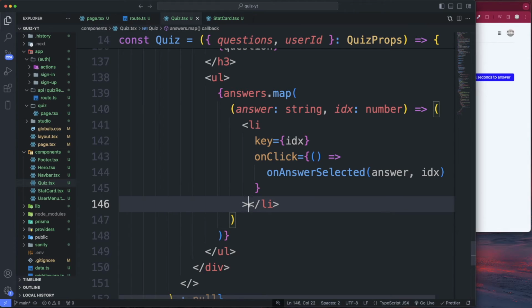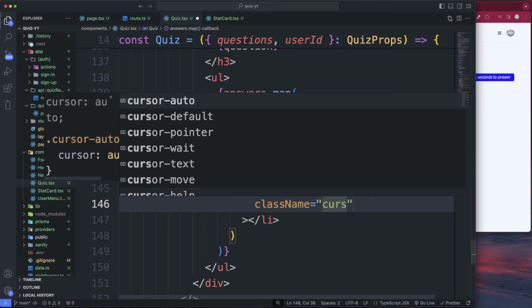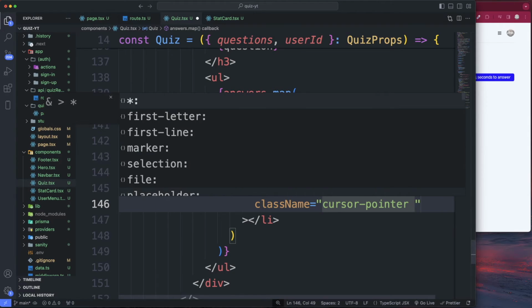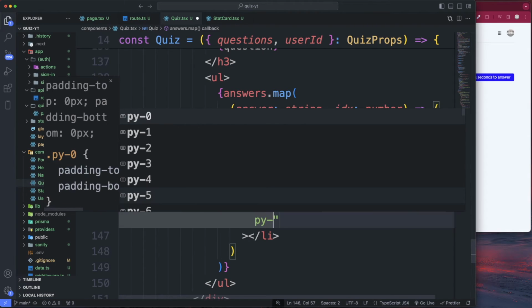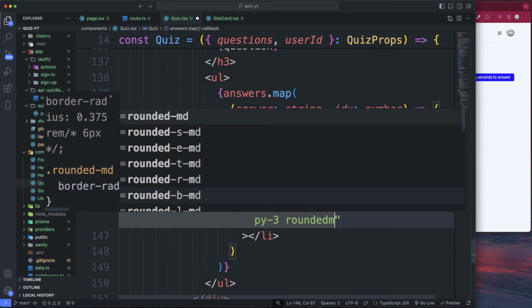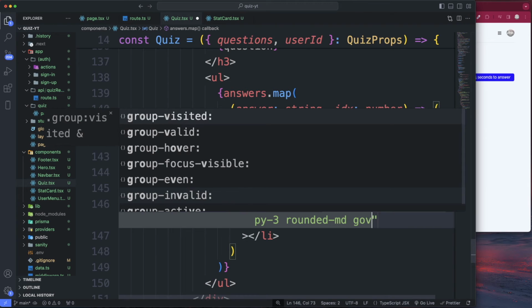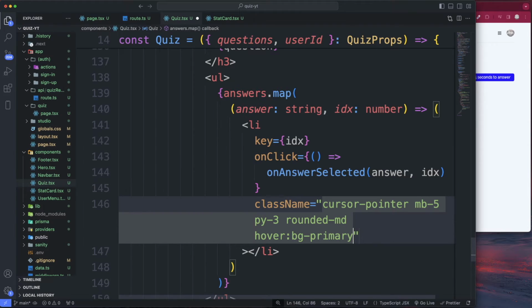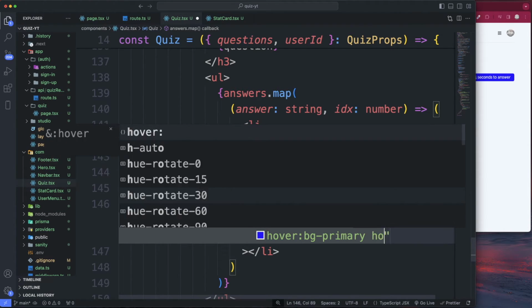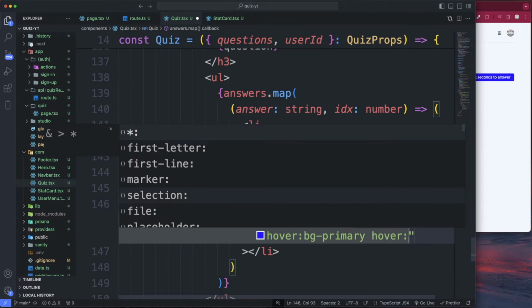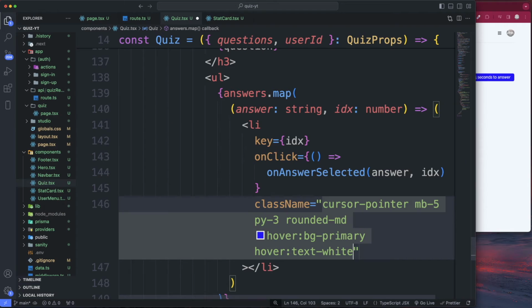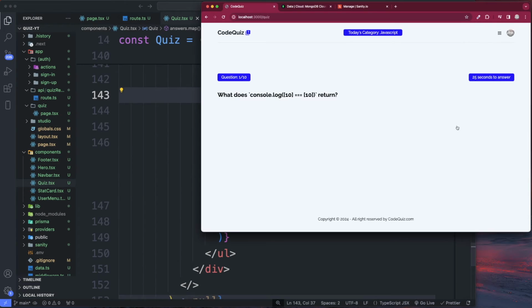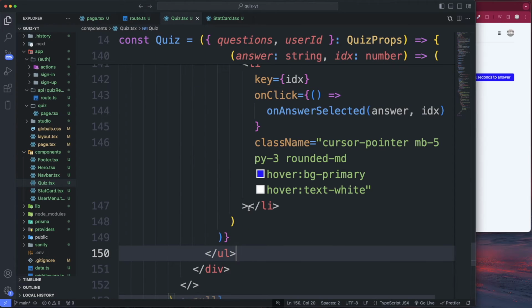All right. And we can also give this li a class name of cursor pointer, a margin bottom 5, py of 3, a rounded md, on hover we want the BG to be primary, and then also on hover we want the text to be white. All right. Okay. All right. So inside of this li,